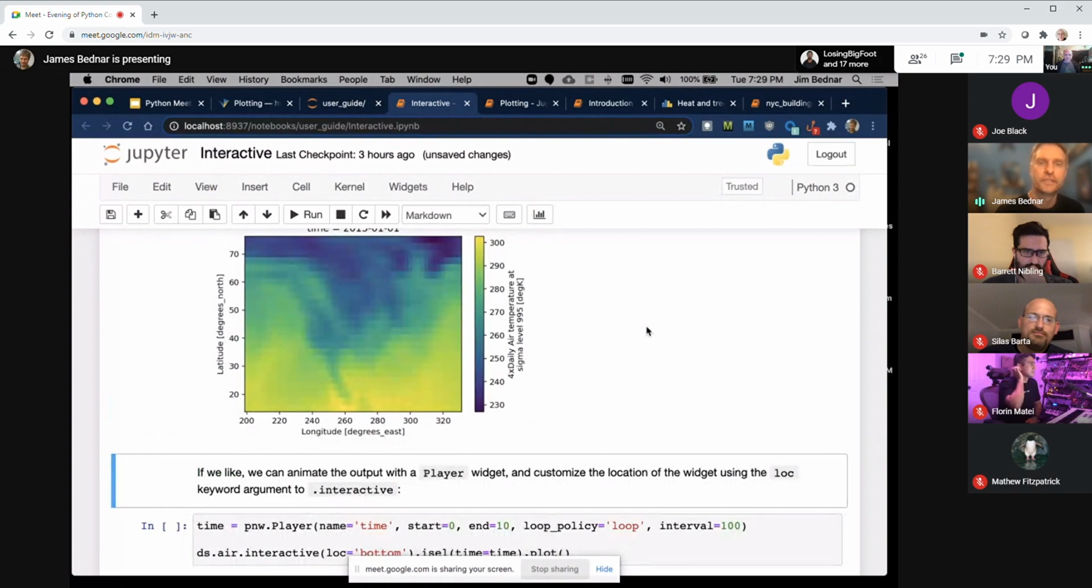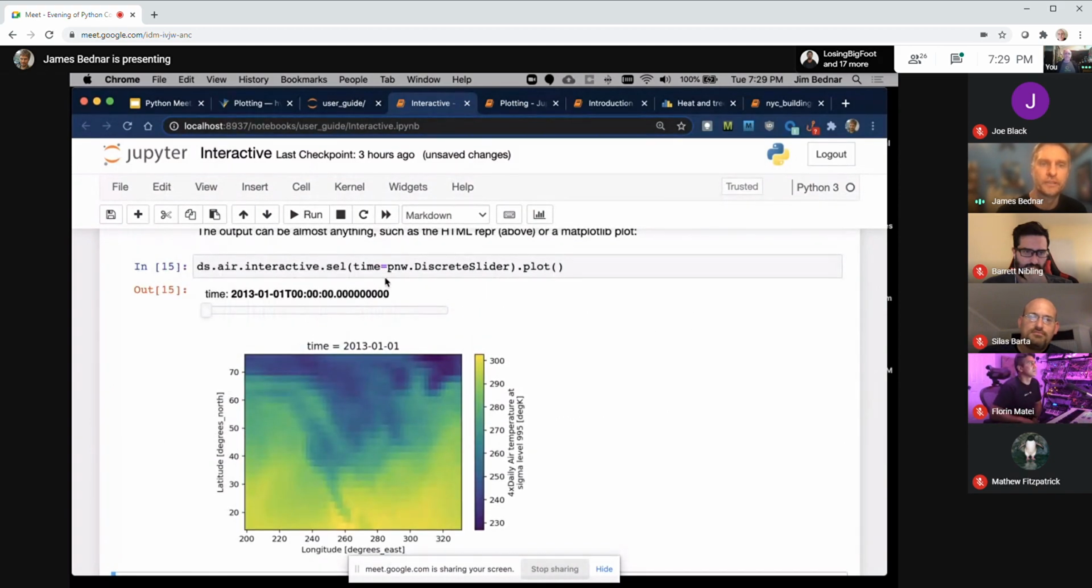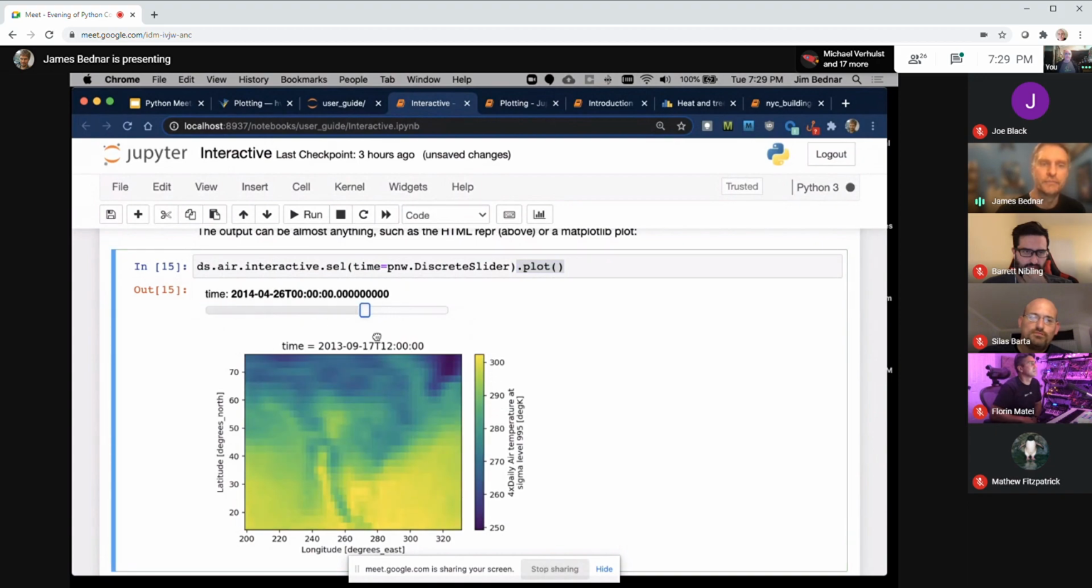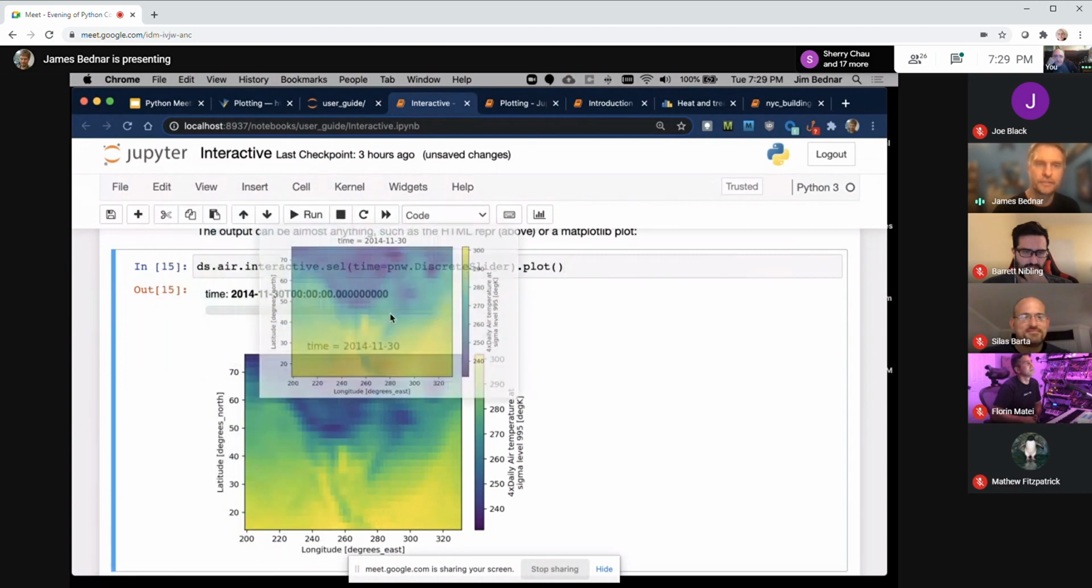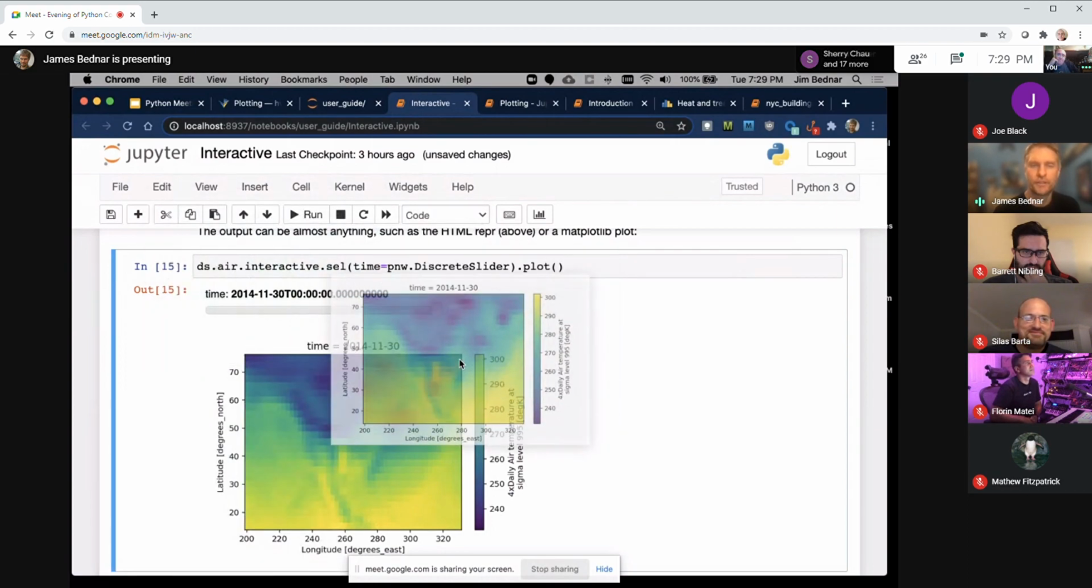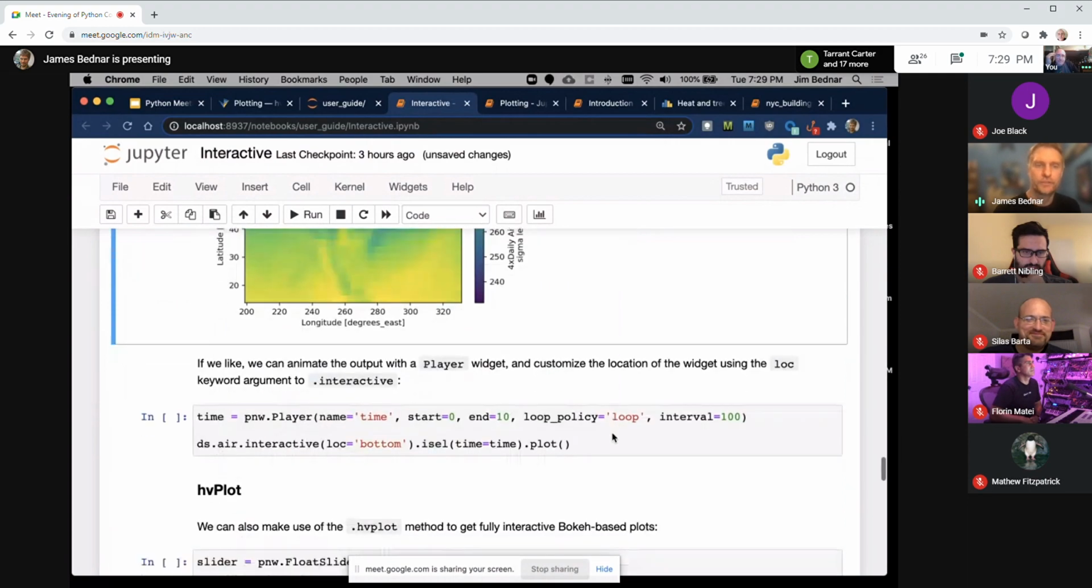Here's that same data now plotted, and all I did is call .plot on it. This is the same series of data, and all I'm doing is selecting which time I want to plot. I select it by passing in this slider, and then I call .plot. The .plot in this case is a matplotlib plot, and so you can see we're telling matplotlib just to make a PNG. We can do the same thing with